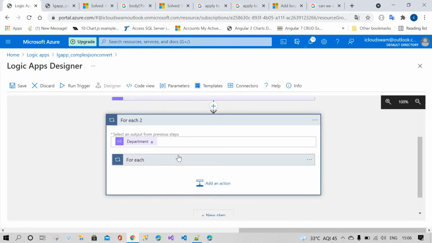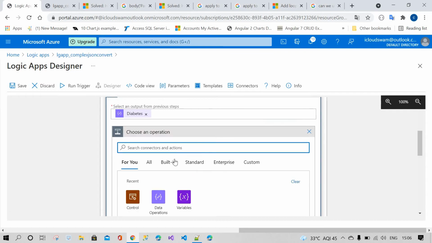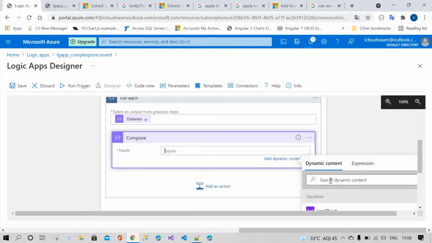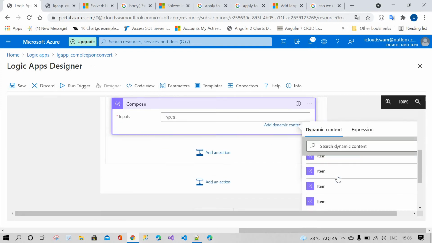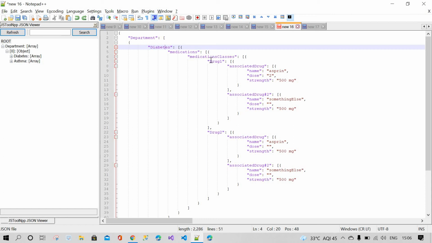After that, you have to compose that data. Select data operations and select the compose action. In this compose, you can see medication classes.